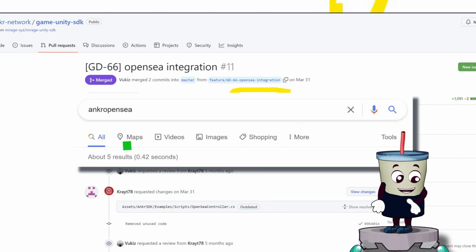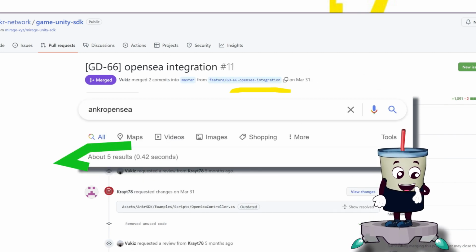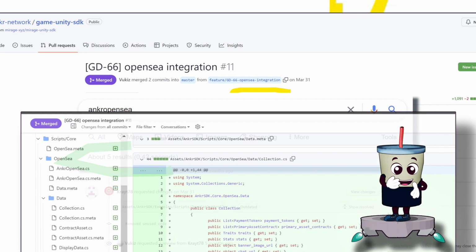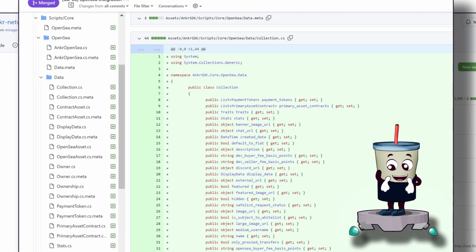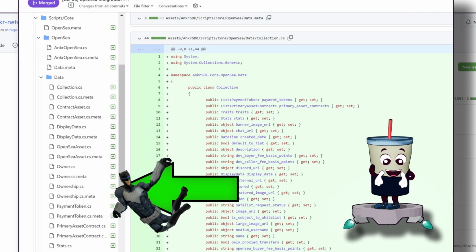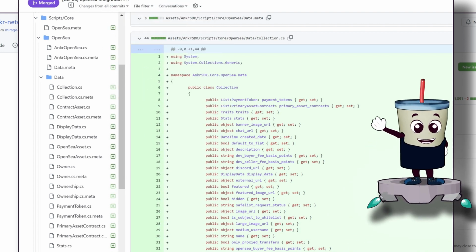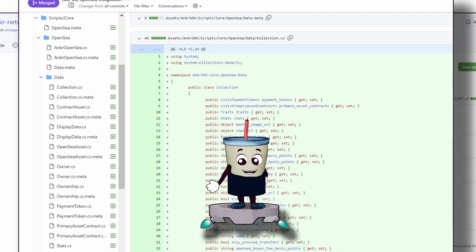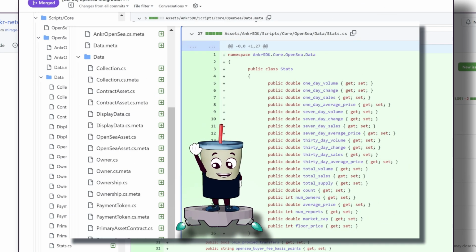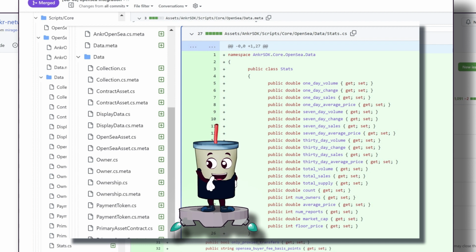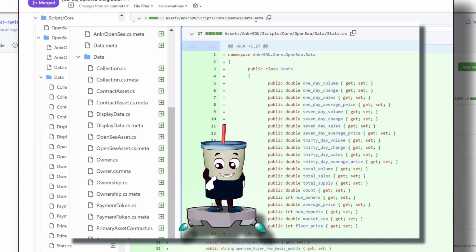So if you take this term into Google, you'll be disappointed like I was. There's, at the time of this video, just 5 search results, all of them related to NFT art collections. However, if you jump into the code, you'll find all the files related to this term and a lot of critically important information. For example, the OpenSea implementation in the ANKR Gaming SDK is not a small footprint. It's actually really big. There's an implementation that surfaces details on traits, stats, ownership, display data, collection information, and really